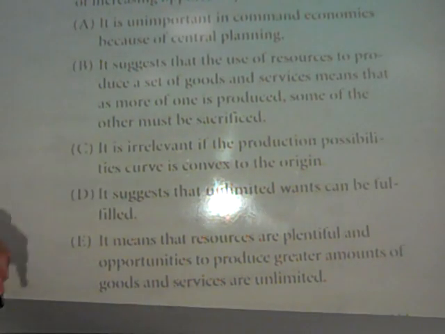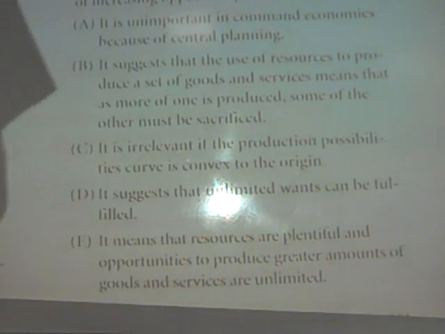It suggests that the use of resources, and then by the way, actually, those are all ideal types that don't really exist. All systems are some mix of command or free market. Even North Korea probably has some secret black markets where people are buying and selling according to market prices, not government prices.